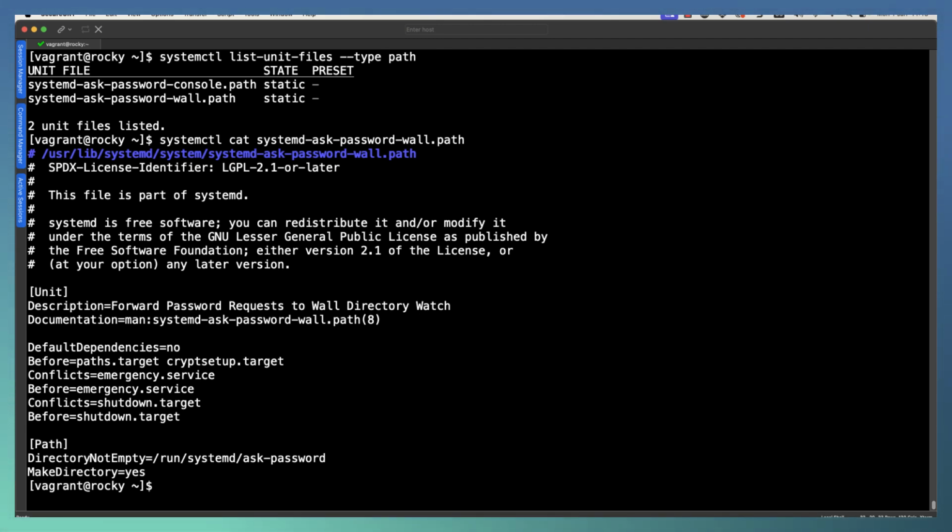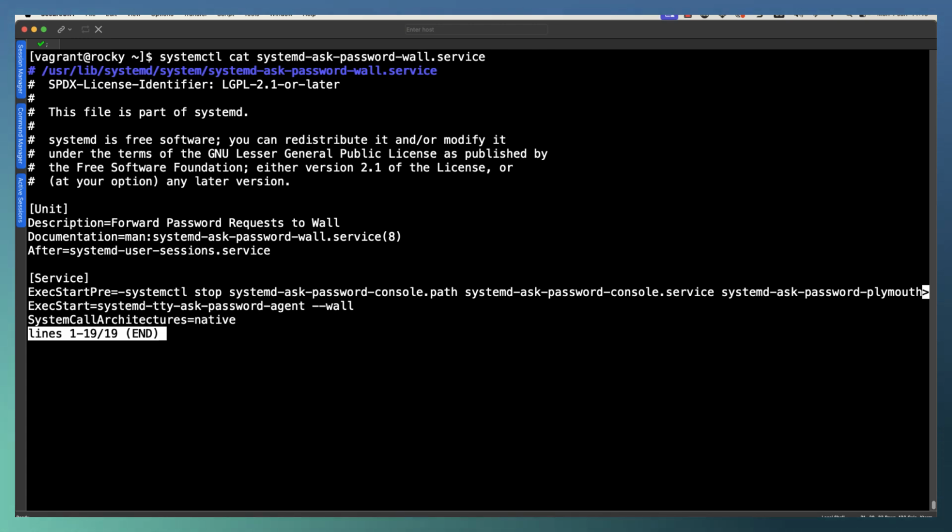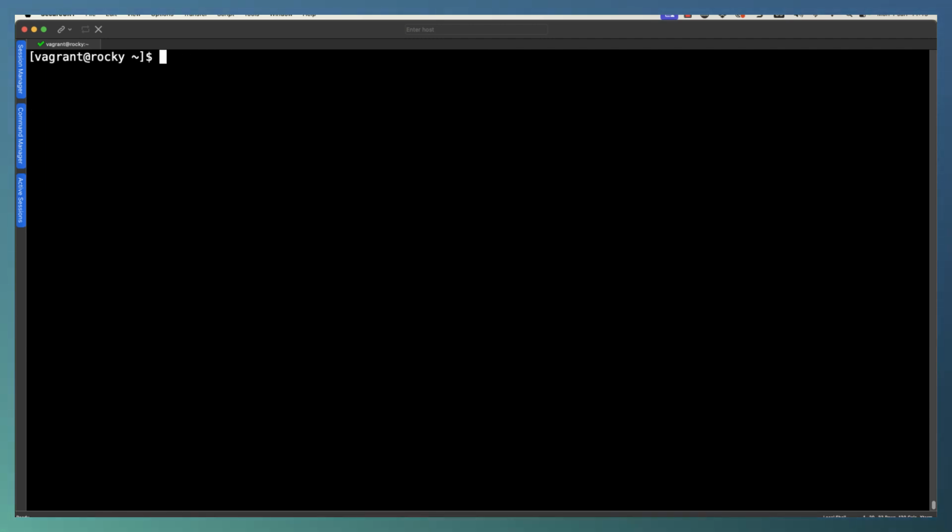Now, it doesn't say what it's going to do. What it's going to do is going to be included inside of a service unit. So when we look at the same name, but with the .service suffix, we can see underneath the ExecStart that it's going to run the systemd-tty-ask-password-agent with the option --wall. Now this is fine, we can get that it's going to be prompting for our password, but really if it's not something we work with, we're probably not going to understand it too much. So let's look at creating our own and see how we can gain an understanding.